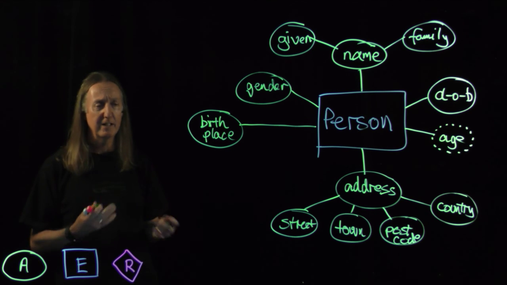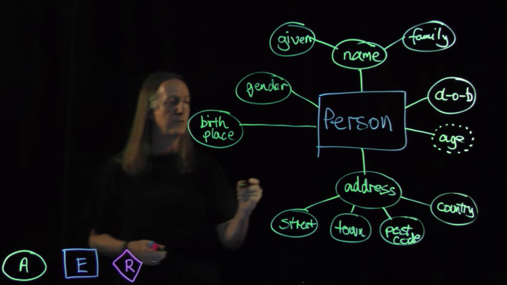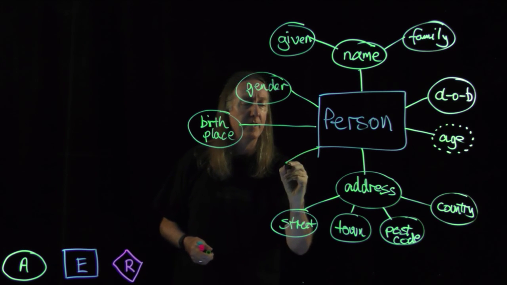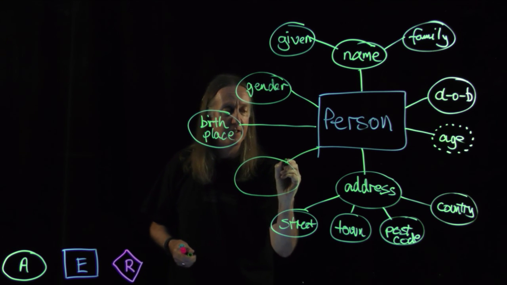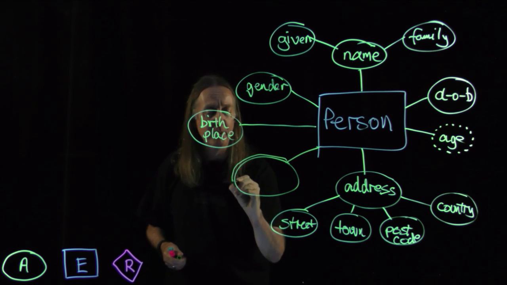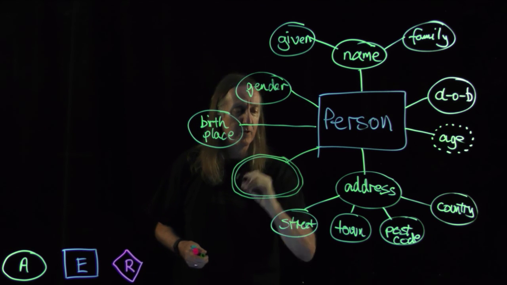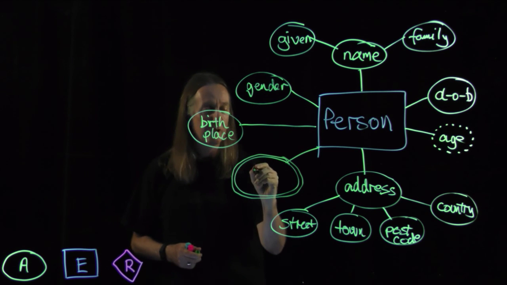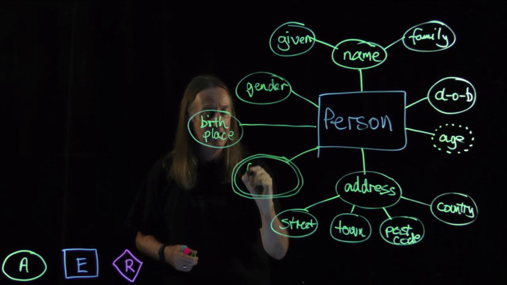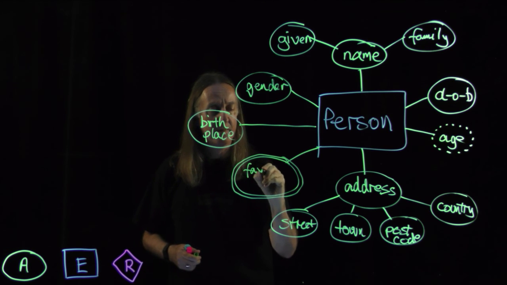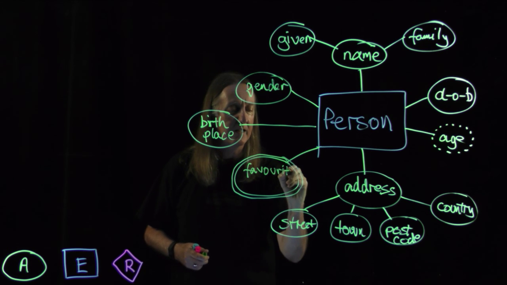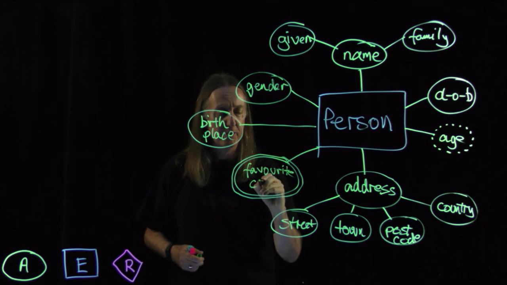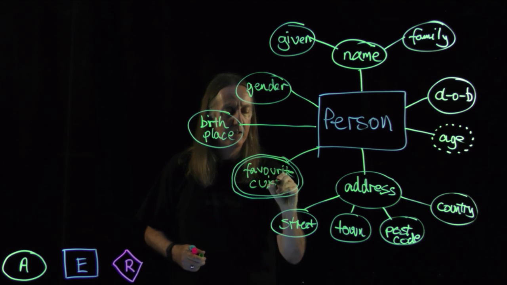Basically what we're saying there is it's an attribute where there are several values associated with that property. And we indicate that in our notation by a double oval, and that's kind of plausible, that one. And so that could contain a collection of this person's favourite